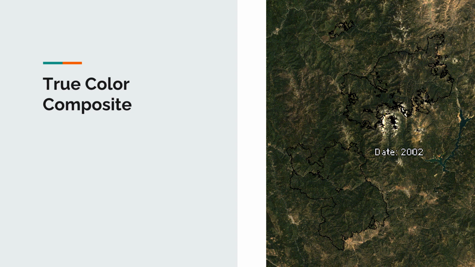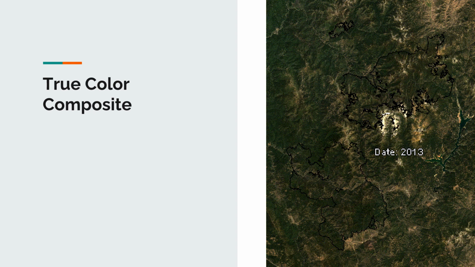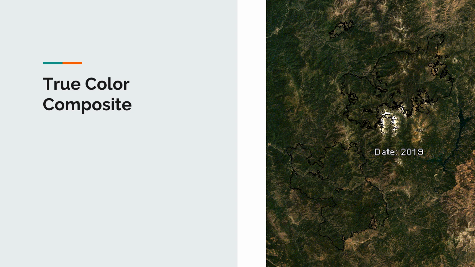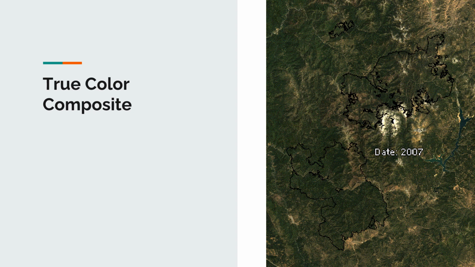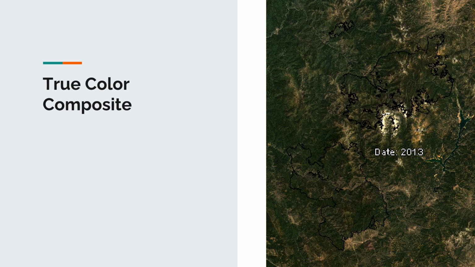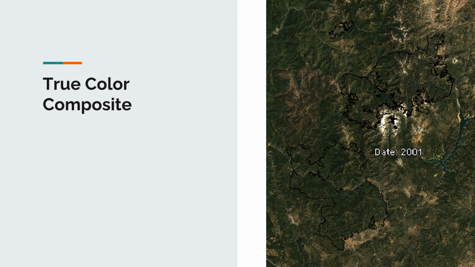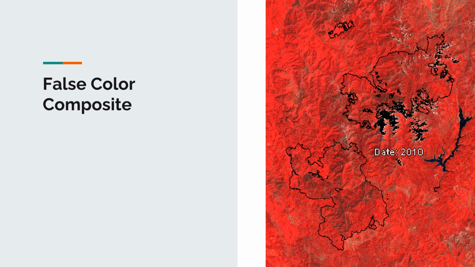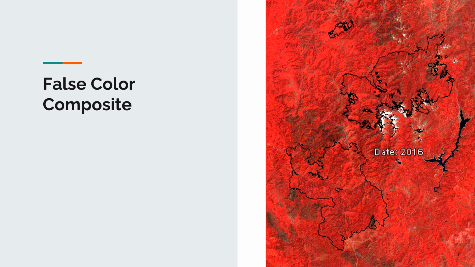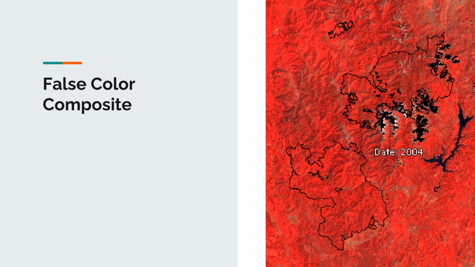You can also see that the overall landscape is evolving in patchworks of different smaller fires over the 2 decades of the study period, rather than a general landscape level trend of any measure like NDVI or NDWI. And then finally, at the end of this, you can see the fire scars from the 2021 fires in the year 2022. So in the false color composite, we observe the same regional trends of patchworks of fires that happen and then recover fairly quickly and then happen again in different regions rather than a broad change over